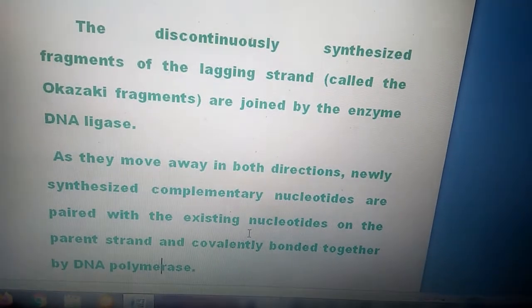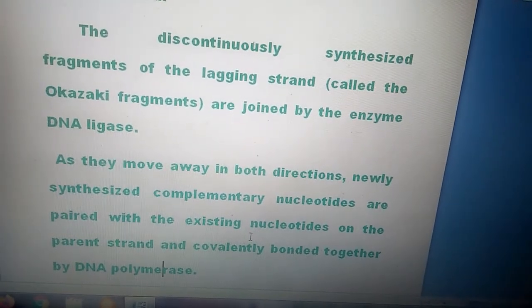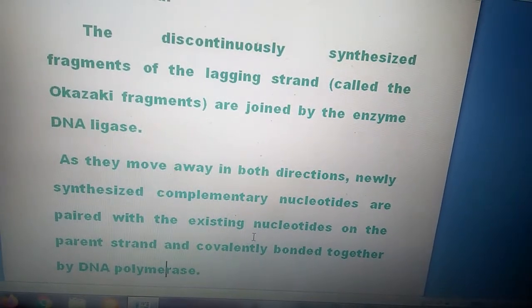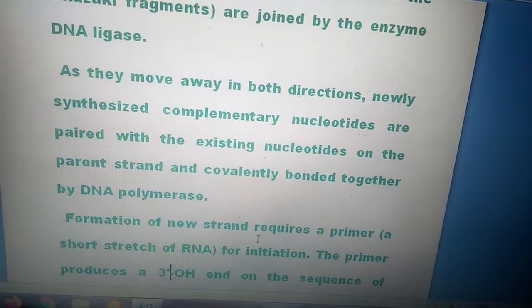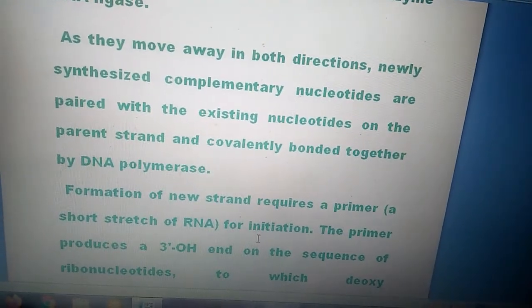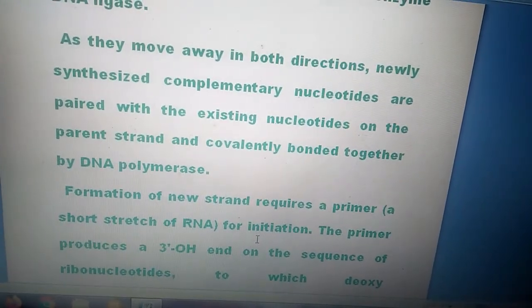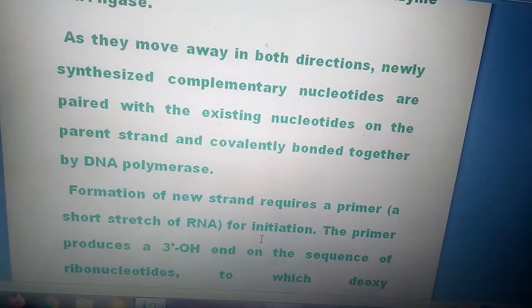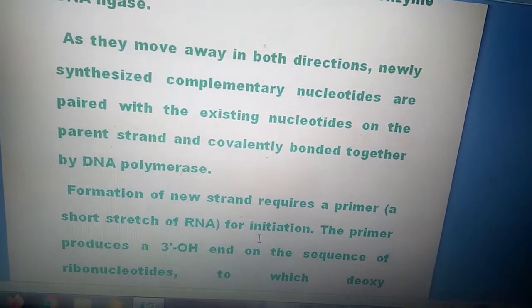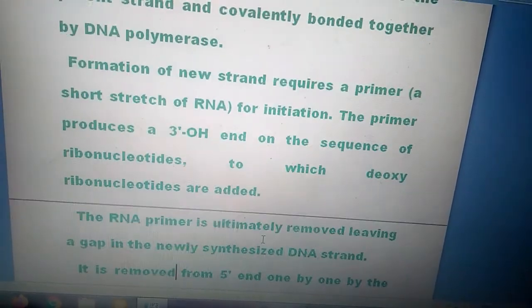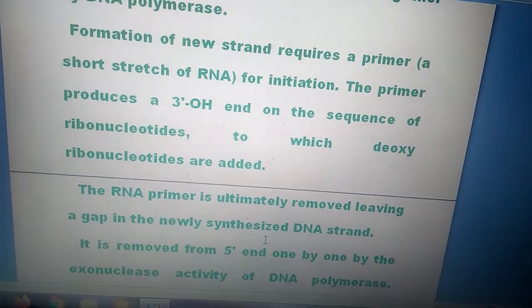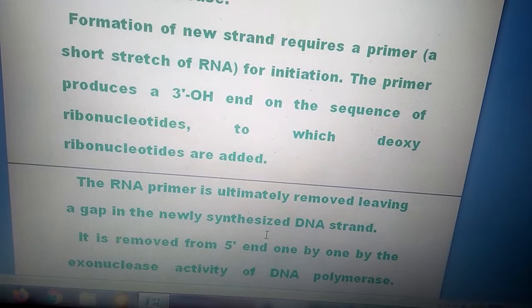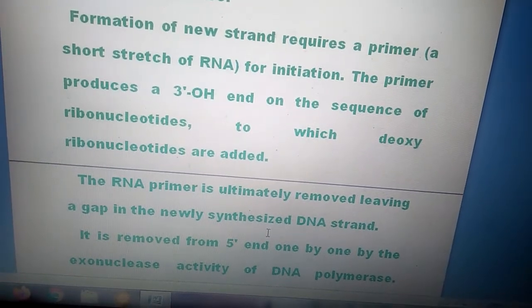See the diagram showing a replication fork. As they move away in both directions, newly synthesized complementary nucleotides are paired with the existing nucleotides on the parent strand and covalently bonded together by DNA polymerase. Formation of a new strand requires a primer for initiation. The primer produces a 3' OH and the sequence of